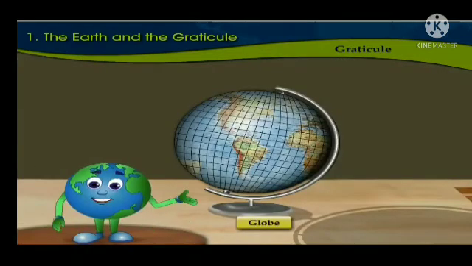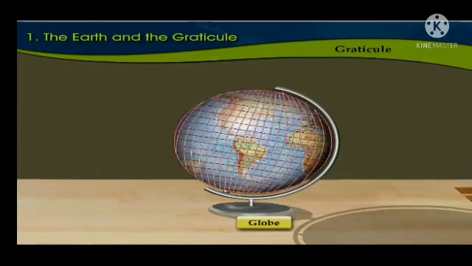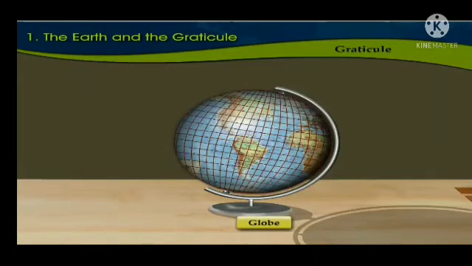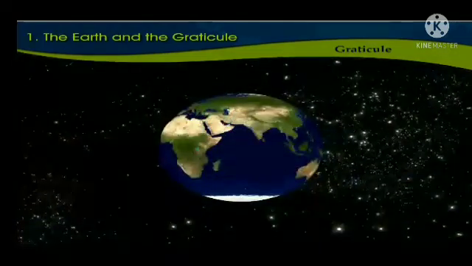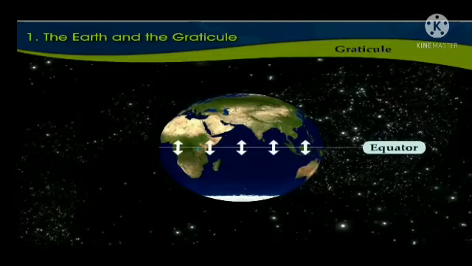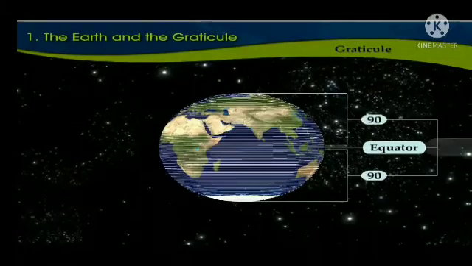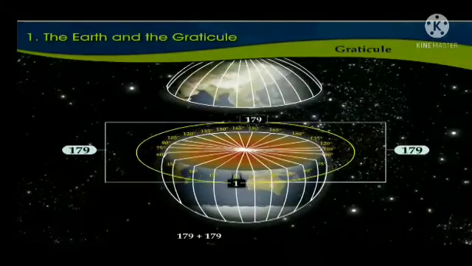Answer. There are some horizontal and vertical lines on the globe. Of these, which are more in number? Correct. The horizontal and vertical lines on the globe are the parallels and the meridians. Of these, the meridians are more in number because on the surface of the earth, in addition to the equator, there are 90 parallels in each hemisphere, forming a total of 181 parallels, while from 1 degree to 179 degrees in